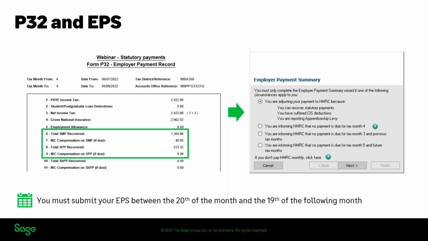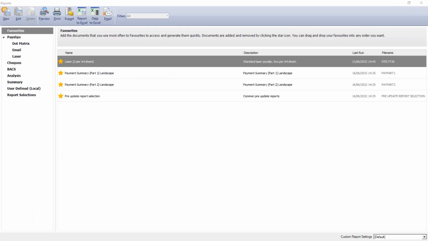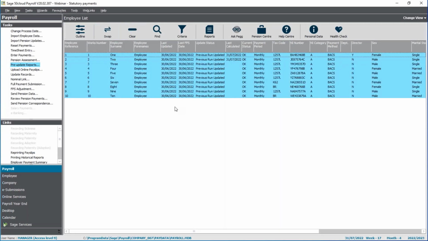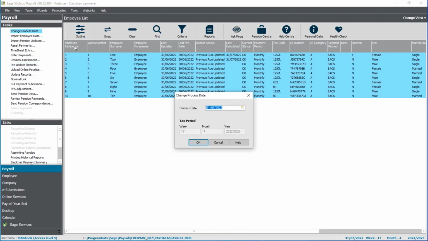So let's just give you a quick demo of that month-end task. So I'll just come out of these pre-update reports. And what I would need to do before I move on is to check whether I qualify for the small employers relief. So here's a tip for you. If you want to run the previous year's P32 to check your total NI figure, you can simply change your process date back to the 5th of April